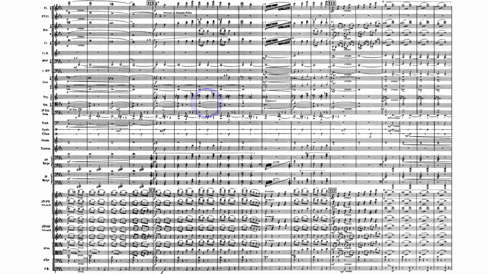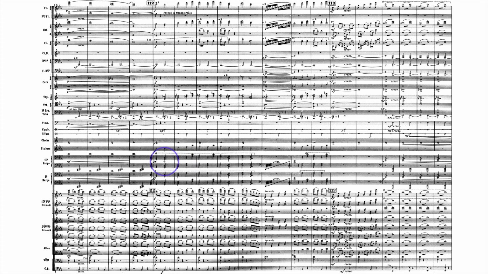Meanwhile, some of the same elements are going on here as before. In terms of the support, we've got those accented E flats in the trombones, and everything else is going on that I mentioned before. And pizzicato is emphasizing a lot of the basic melody. Now, what is really cool here,